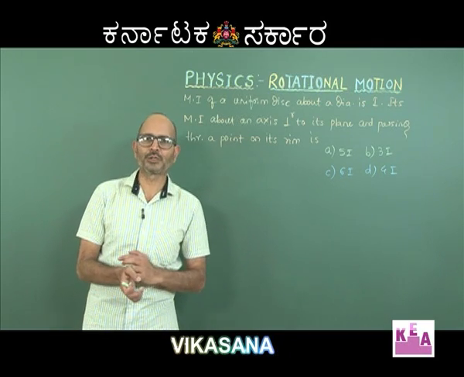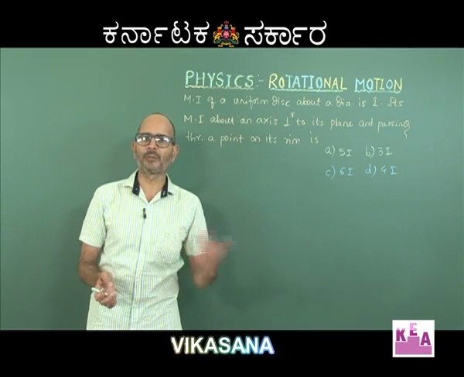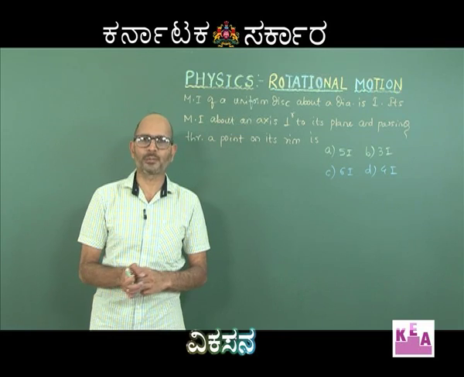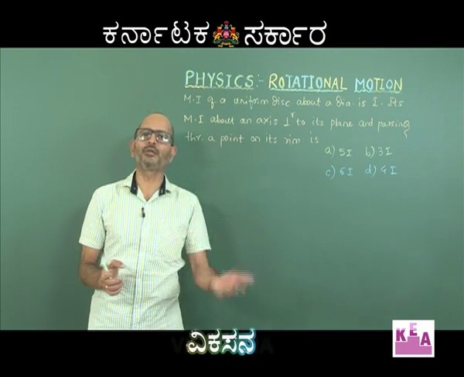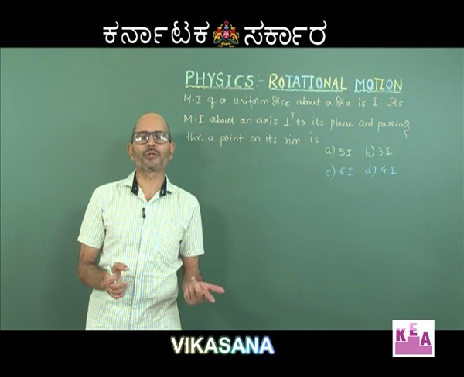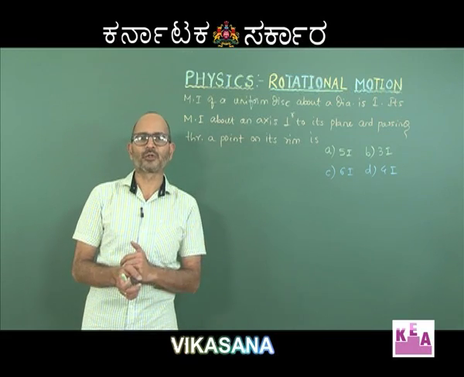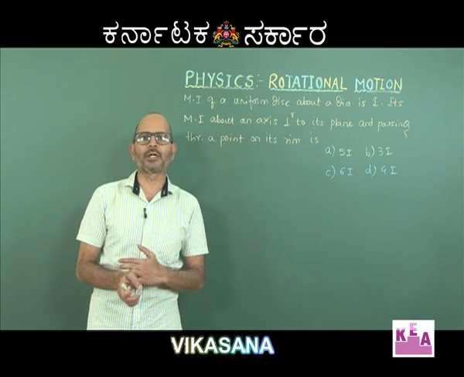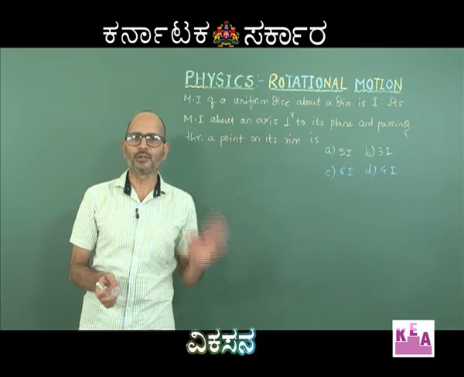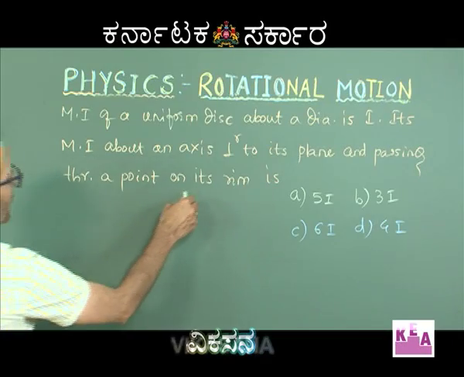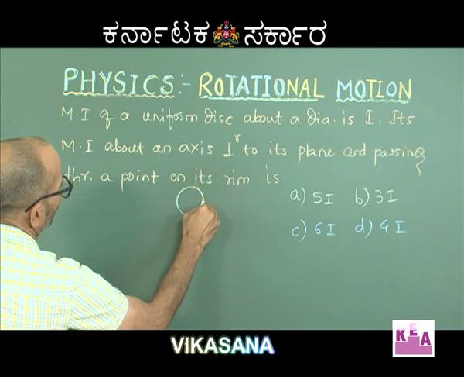If you know the moment of inertia of a thin plane lamina about two axes which are perpendicular to each other and in the plane of the lamina, then by adding those two, you get the moment of inertia about a third axis which is perpendicular to the plane of the lamina and passing through the point of intersection of those two. Fine. So, what I will do is, I will imagine the disc to be like this